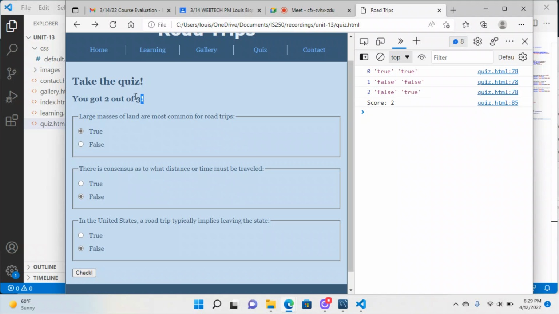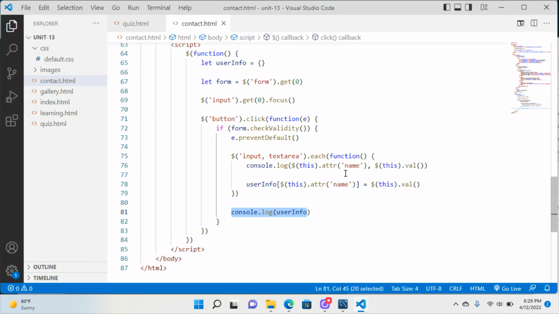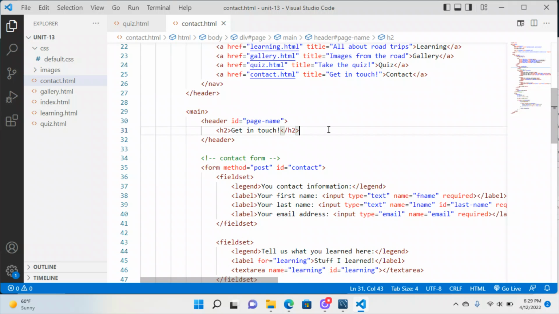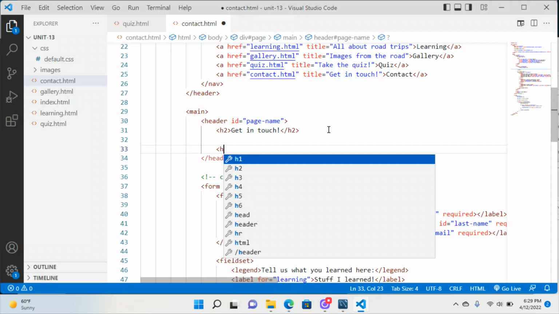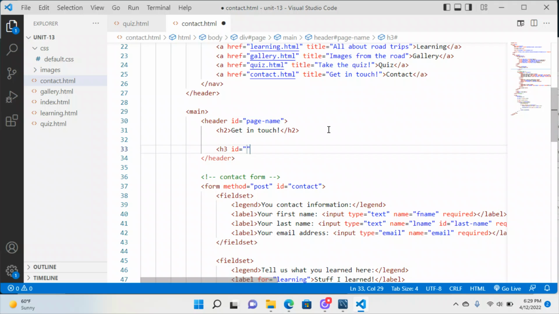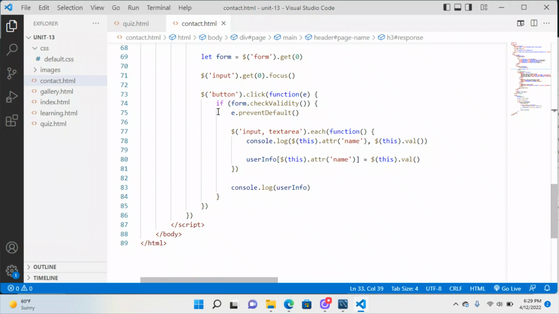But again, if you just get something updating with the interface, then you can pick up that extra credit. Let's go ahead and try that for contact as well. So I'll do the same thing. I'll go up here. I'm trying to keep these as similar to each other as possible. So I'll do the H3 ID equals response, just like the other one. Leave it empty. And then inside form validity, check validity,